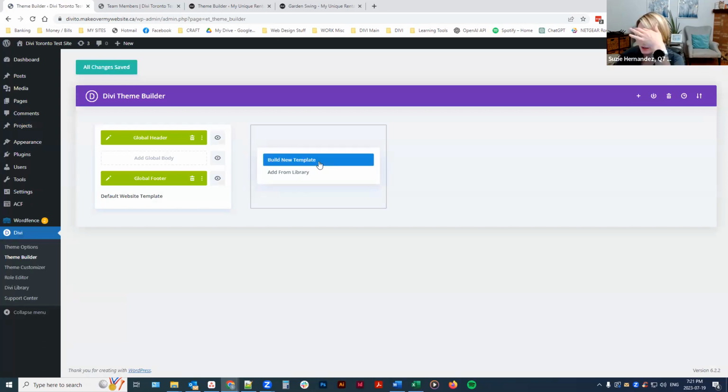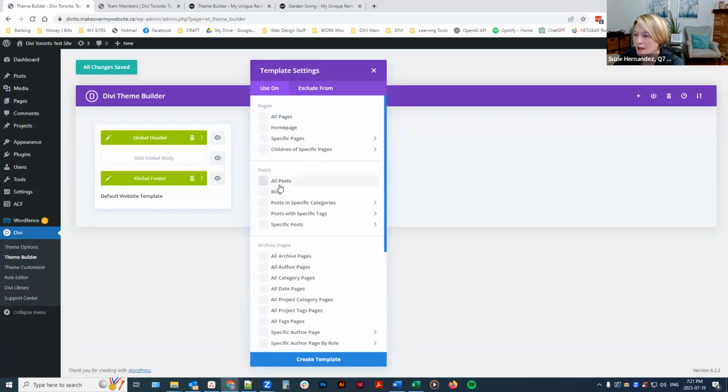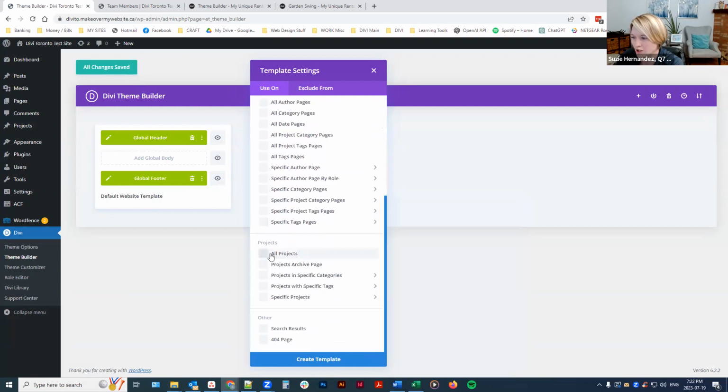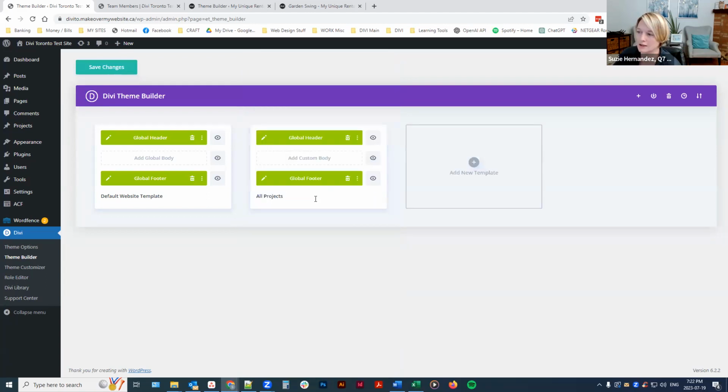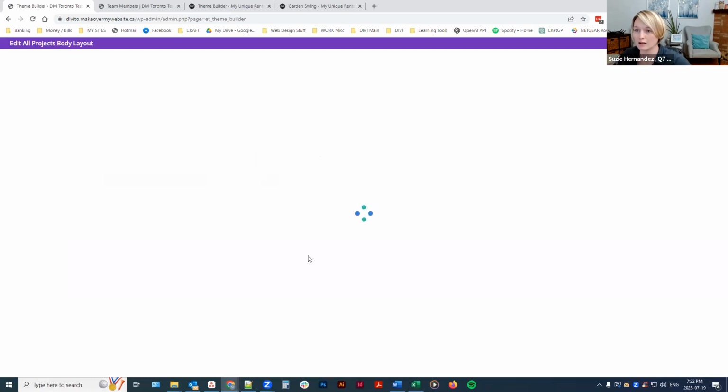create a new template, build a new template, and say, not all posts, but I want all projects. So if I had created a taxonomy, or sorry, a post type called books, underneath here, I would see this. So let's say I want all my projects. I'm going to create a template. I can create whatever I want using the visual builder. And I'm sorry, I'm just kind of flying through this because we're getting to the end of our time. But